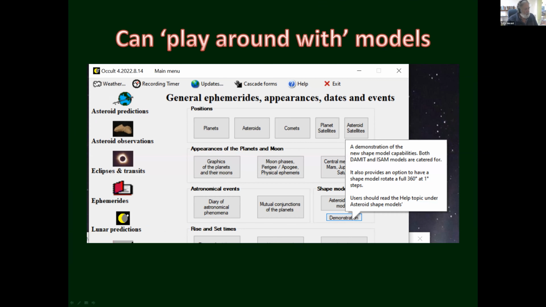Now, it's always useful to play around with some of these things to get a sense of what you can get out of shape models. So I'll just do a couple of demos. This is from, let me just,